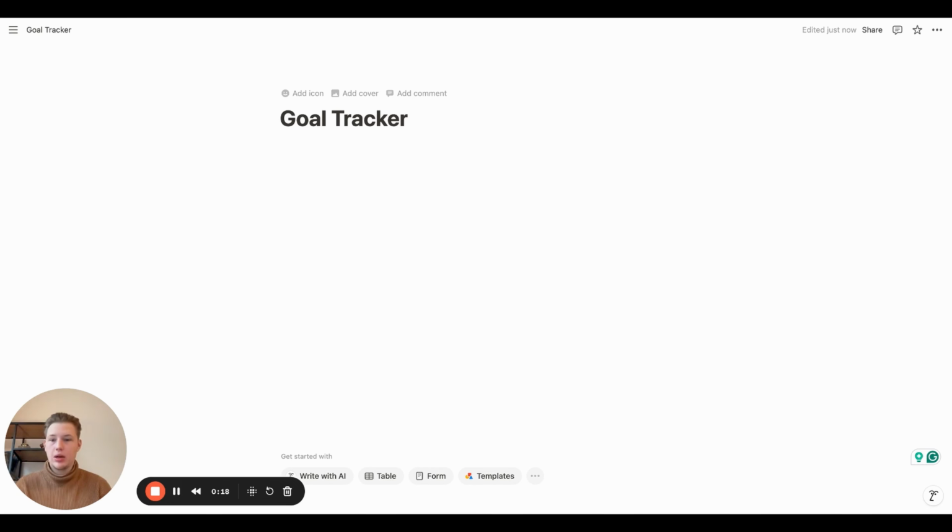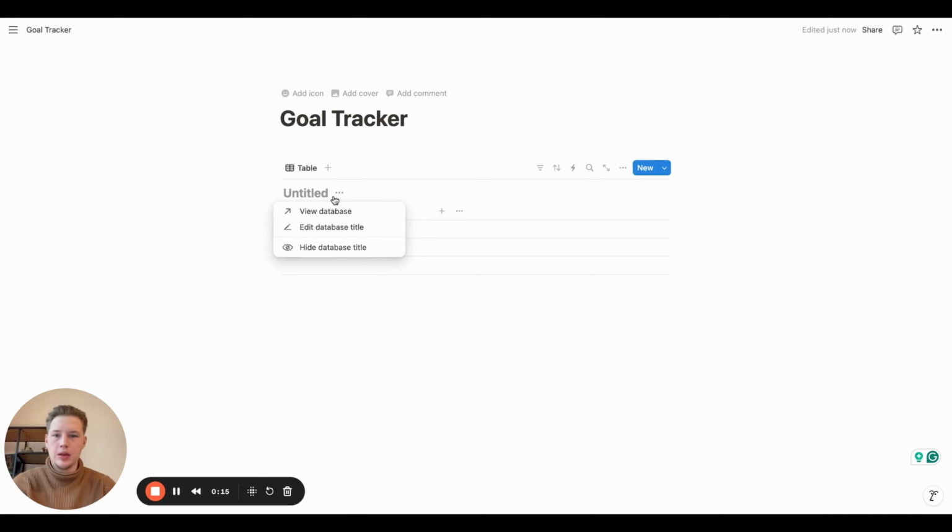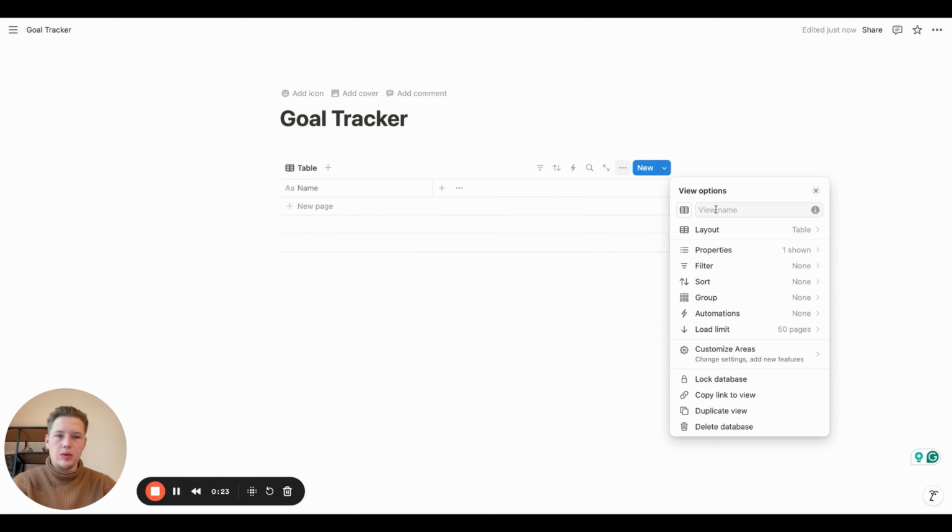So let's get started. For our Notion goal tracker, we will need three databases to store our areas, to store goals, and also to store tasks. So let's just go ahead and create those. Press slash and type table and select table view, new table. And we give it a name, let's say areas, and press three dots, hide database title, and edit view and